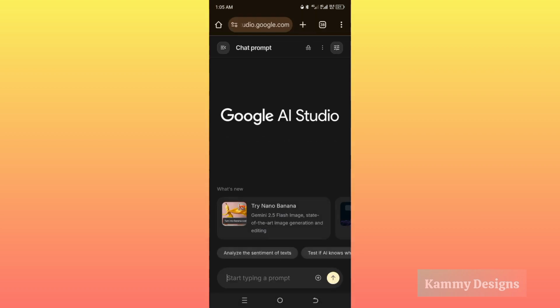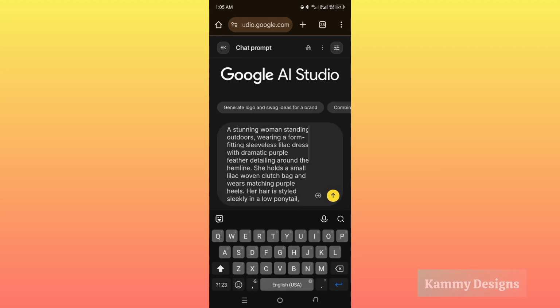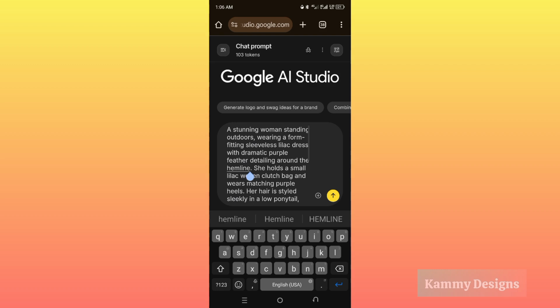So once my Google AI Studio opens again, I'll go to this plus icon. No, I'll paste my prompt. So it's saying a stunning woman standing outdoors wearing a form of sleeveless purple, whatever, whatever. So I'll go to this hemline, this place, I'll click on